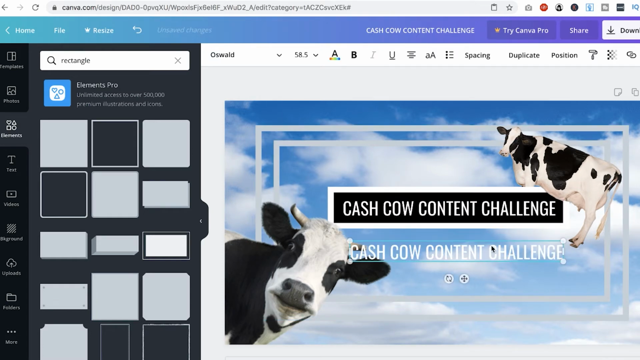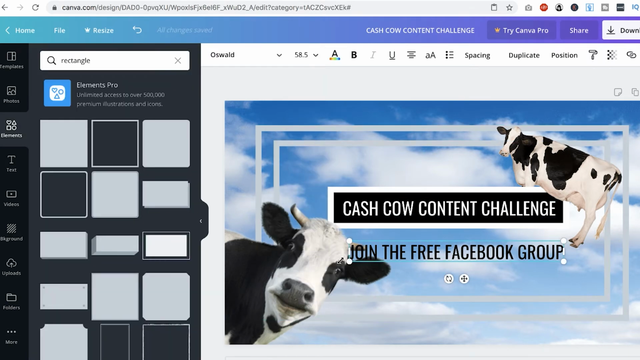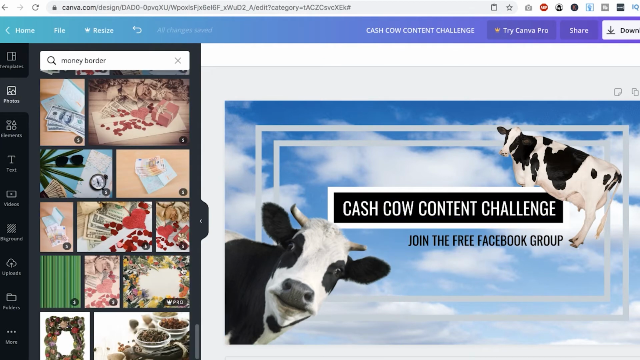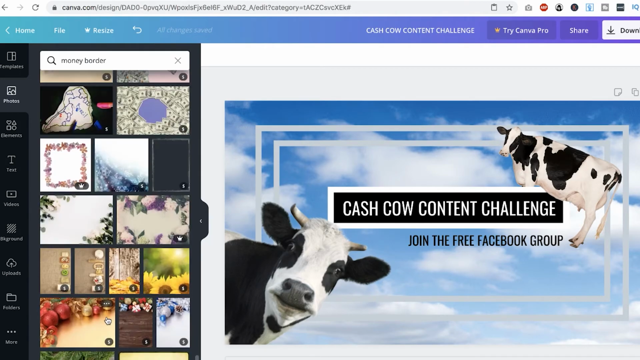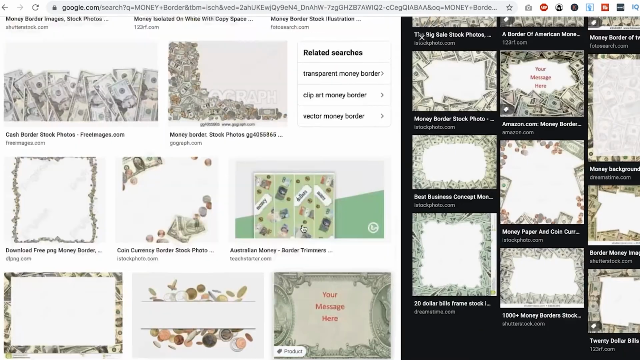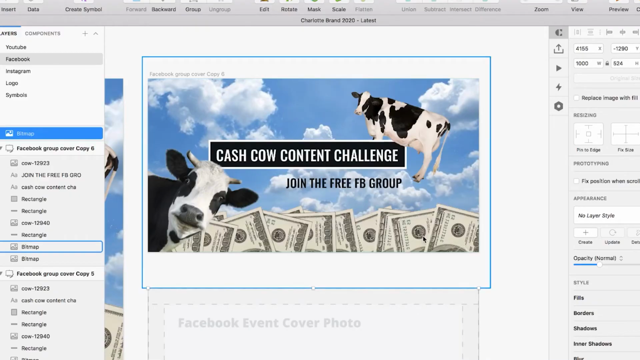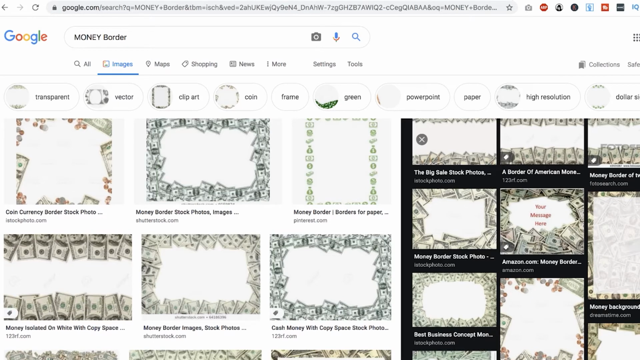And then I'm gonna write right here in black, join the free Facebook group. Here we go. And then let's just make this a little bit smaller. Put that right here. And now the last thing to do is to get a money border. There are a lot of them on the internet that you can download. So what we want to do is get a money border. But I'm just gonna pick the one that I have here to make that faster,